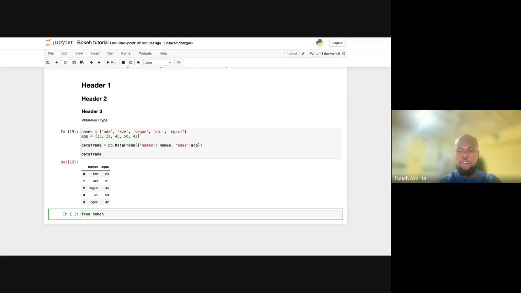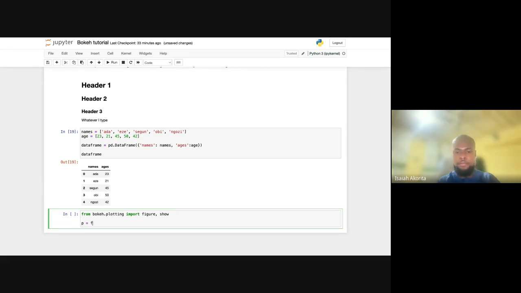So first of all, you import the plotting libraries you can use. So import the figure and then the show, and then you can create a figure object, and give it a title like age of members or something like that, right? Then